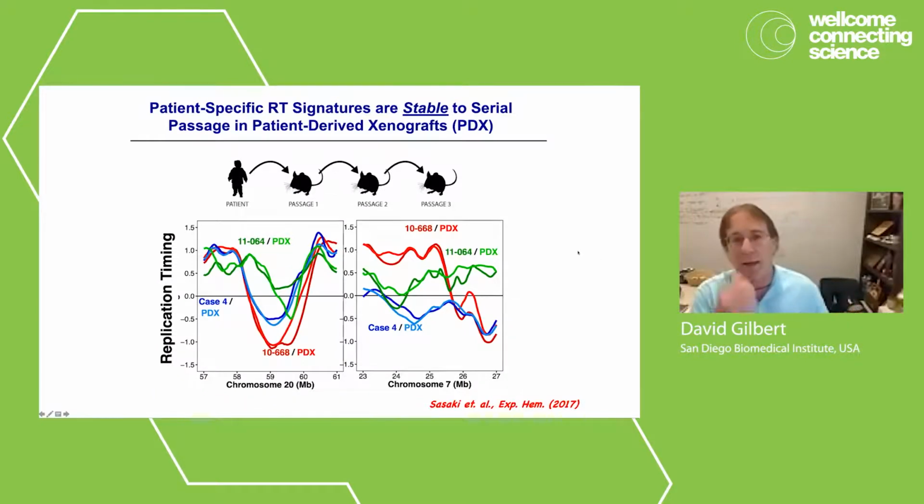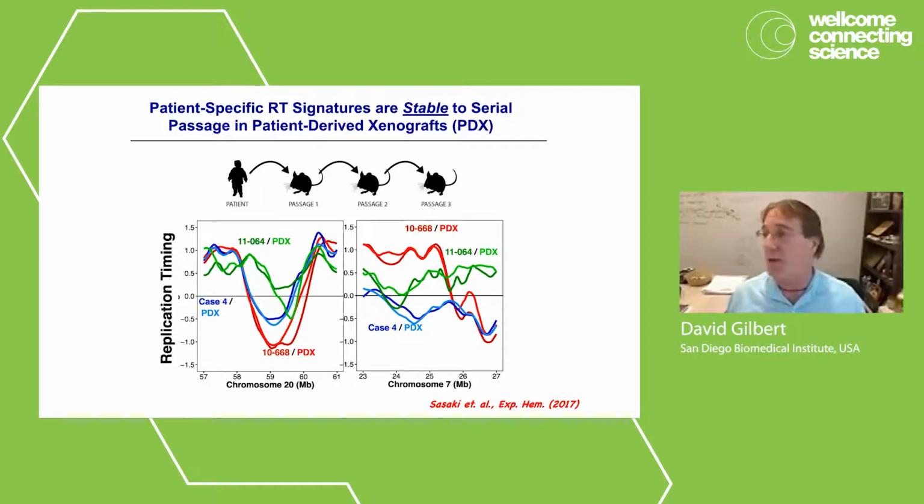So now a question that comes up is, we see not only these replication timing changes that are in common between different subtypes of BCP-ALL, but we also see patient-specific alterations. And so a question that arises is, are these really stable characteristics of the cancer clone, or are they some kind of epigenetic stochasticity? For example, Andy Feinberg has proposed a model of epigenetic instability or epigenetic stochasticity for cancer.